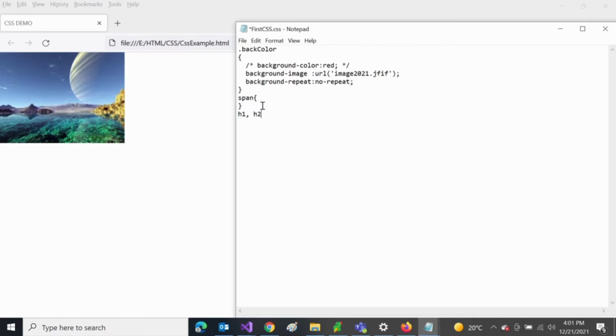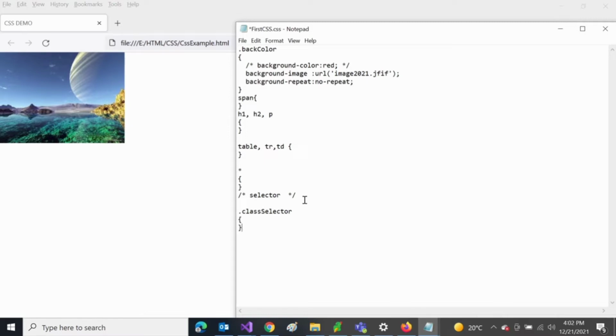So I have another CSS like span. These are the predefined HTML tags. If we write without a dot or without a hash, then these are the HTML defaults. So we can write anything, h1, h2, p, then table, tr, td. These are the predefined HTML tags where we can put anything inside. So the same CSS will be applicable to that element. So we have the star and then the curly braces. These brackets are called the curly braces. So star means all elements will be covered under this CSS.